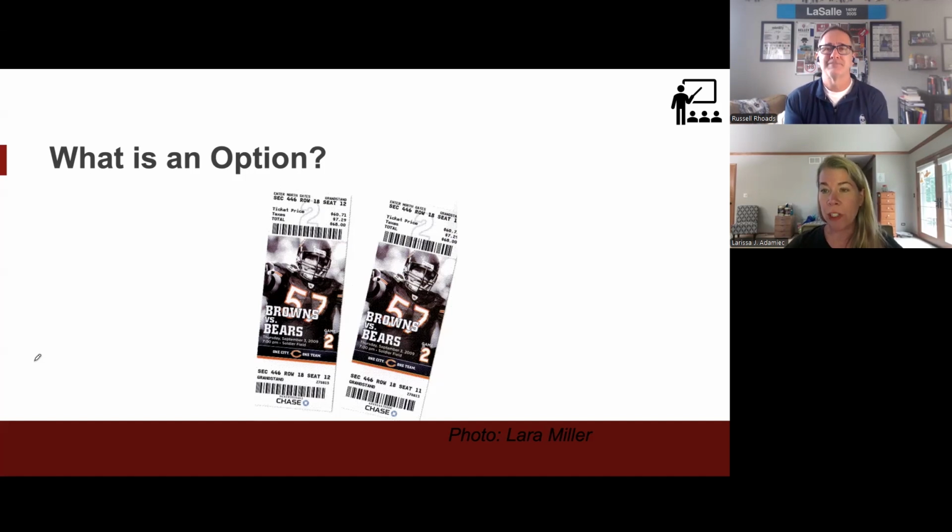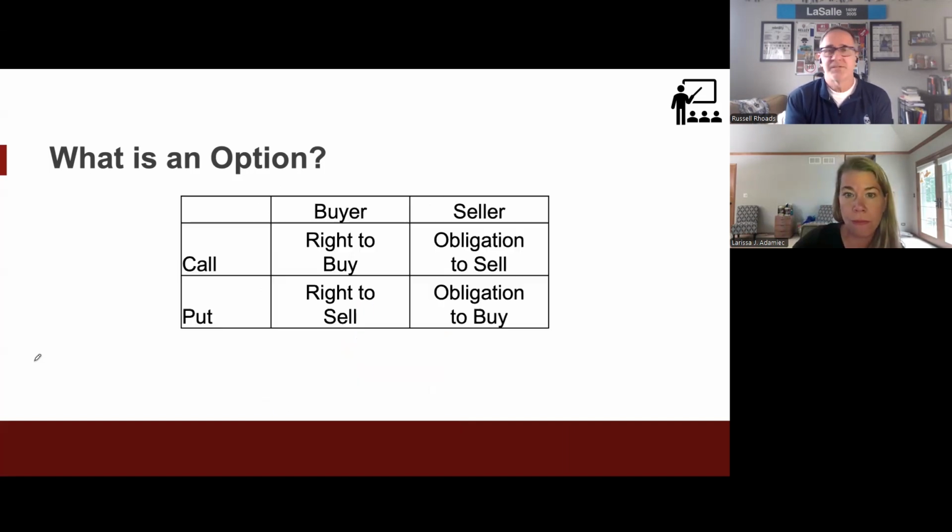Right. And something we don't really talk about too much with options is this idea of sunk value, or sunk costs, pardon me. In our case, going to Soldier Field freezing might not have been worth it even after the money had been spent. And sometimes with an option, if you really just don't want the position in your portfolio, it's okay to let it expire worthless. Or salvage $5, which a lot of people do. It's a little easier to salvage the $5 in the financial markets.